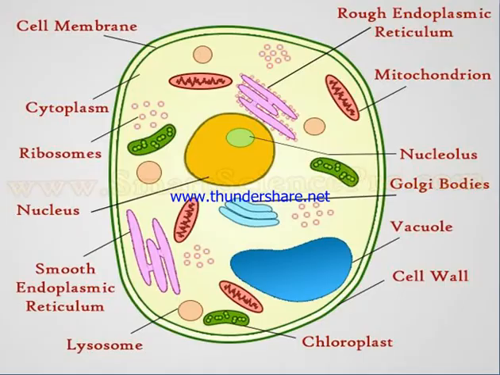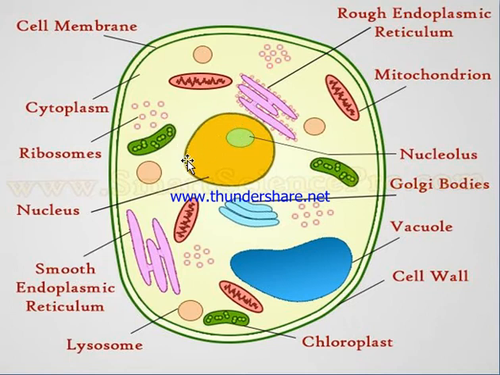Now all the cell organelles are present in the plant cell and animal cell. This is the structure of the animal cell. It is very important. You have to show a minimum of 6 names. The very first is the cell membrane, the outermost layer. Then the liquid present in the cell, the yellow liquid, is known as cytoplasm. These small circular parts are known as ribosomes. This central part is the nucleus.